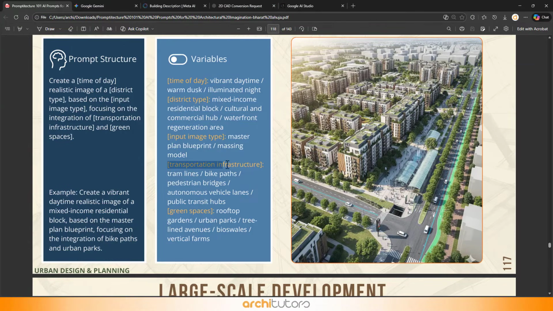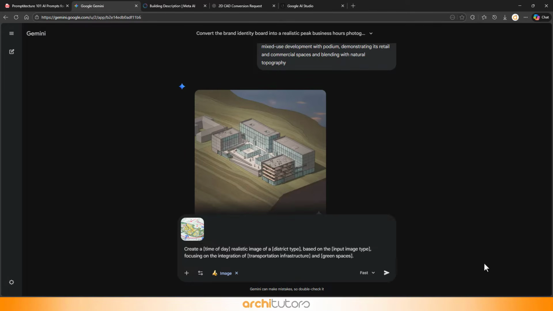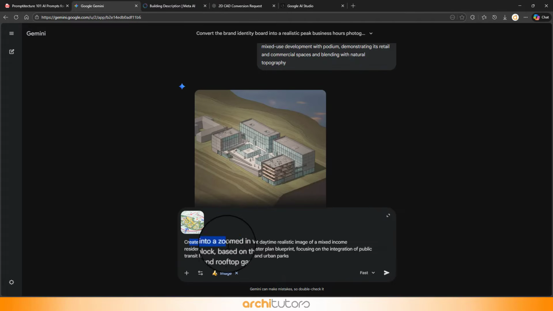This prompt is for mixed-use development in an urban context, highlighting transport infrastructure and green spaces. It looks simple, but it's highly effective. You can start with a basic massing input, then adjust the variables to specify project type, transit integration, and landscape features. For this example, my final prompt reads, "Create this into a zoomed-in, vibrant, daytime, realistic image of a mixed-income